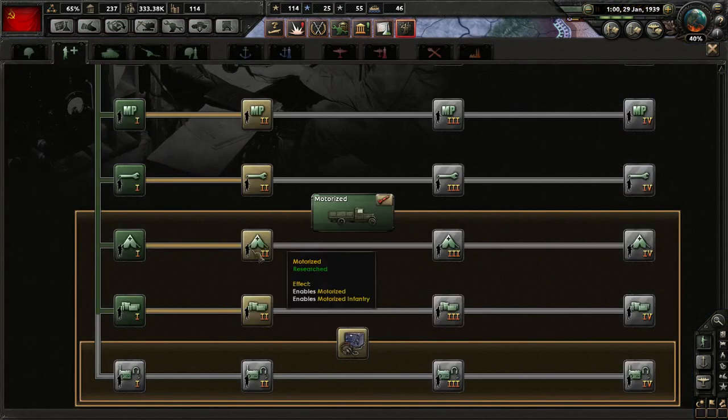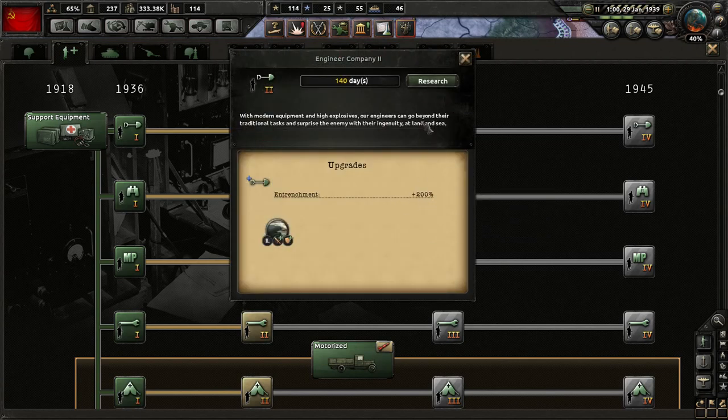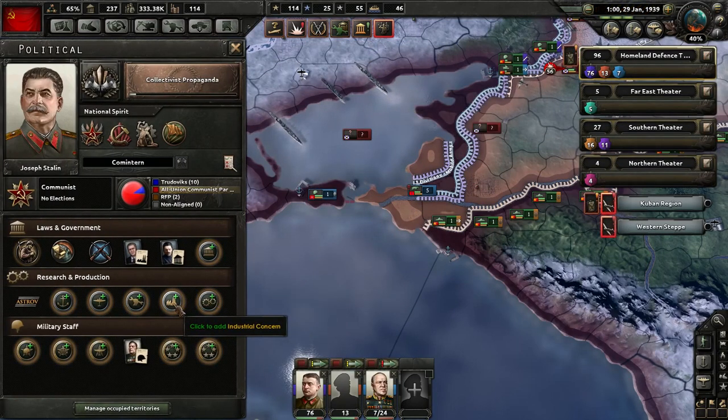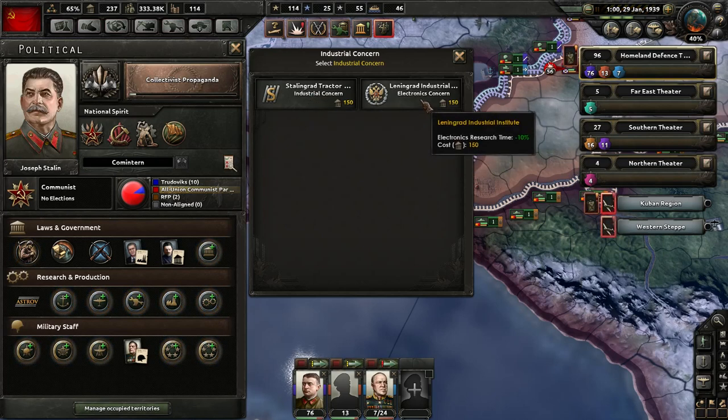So, finally finished our logistics company. Now we can, well, we still have to do radio to get our signals company. But I think I will now start improving, now that we've gotten to 39, start improving all of our, first I'll get here because it gives a nice entrenchment bonus, so stacking all of our entrenchment bonuses hopefully will be very good on the defense. I do like to get one of these industrial concerns early on because it does help build up your infrastructure. So I think I'll get the electronics because we're doing okay with our industrial, but well, it depends, I suppose,